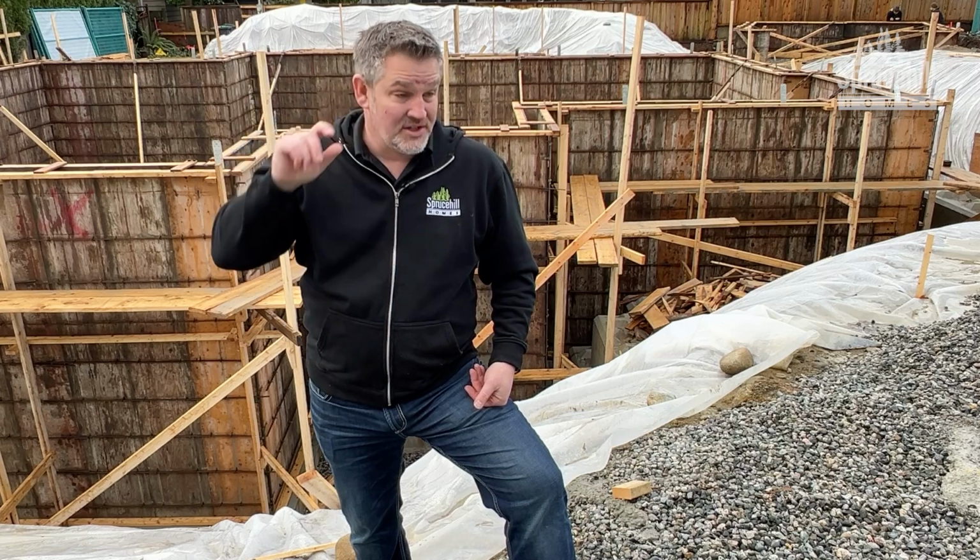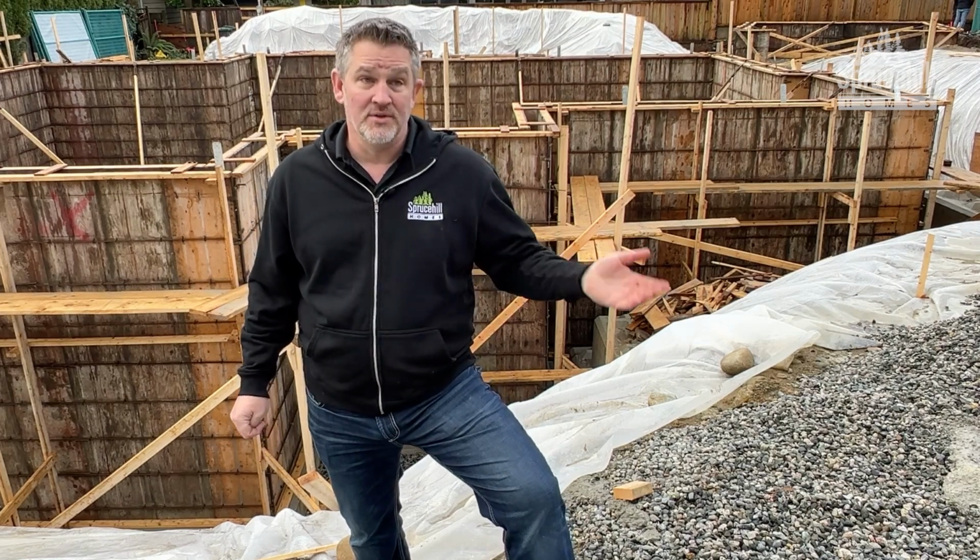And I guess the other issue I have with ICF is in a day and age where we're worried about the environment and doing things that are environmentally friendly, ICF doesn't seem very environmentally friendly to me, because I don't see how you can in the future separate the insulation and the concrete. It's so enmeshed with the plastic and the styrofoam and all that sort of stuff. When you go to knock down the house in 100 years, how do you separate the concrete from the insulation? Whereas what we're gonna do here is